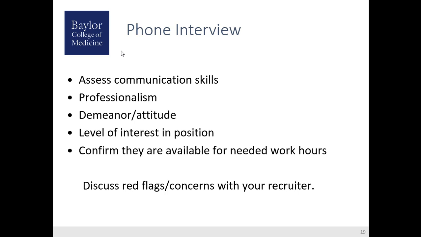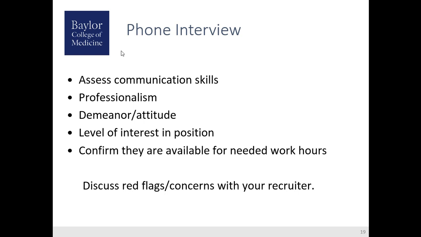A phone interview is a great time to assess communication skills, professionalism, demeanor and attitude, really level of interest in the position. And you think, well, they applied, aren't they interested? Well, sure, but maybe they applied a month ago when they had a really bad day at work and now work's going great. So maybe they're less interested. So just having a nice quick phone interview can really give you a better feel of how strong a candidate